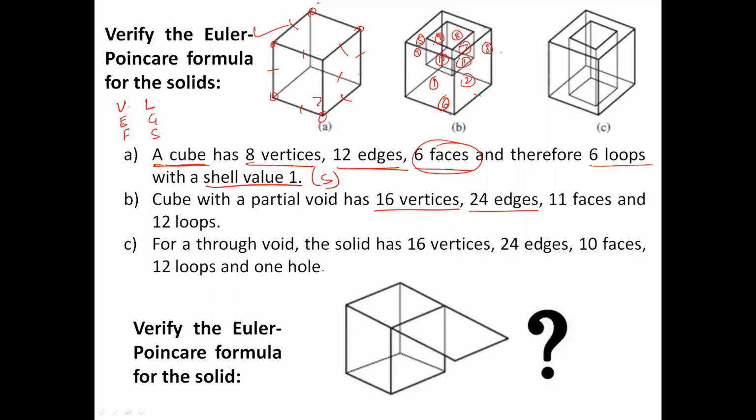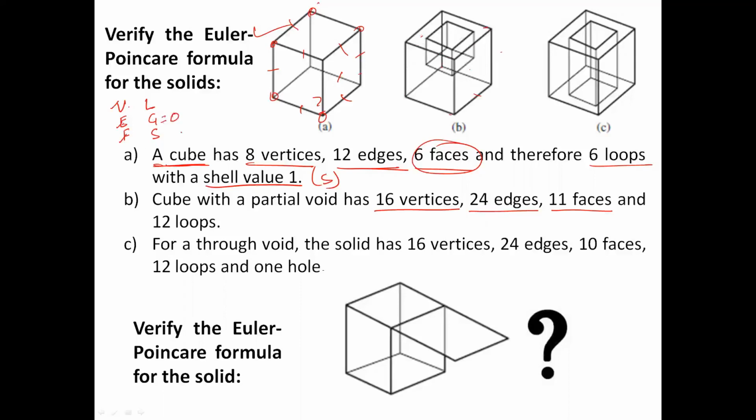Have you understood? The top is open, so there is no face at the top. It is open. So 6 on the outer cube and 5 on the inner cube, you get 11 faces. Is it clear? Yes, sir. Okay. Now once you have done vertices, edges, faces, genus is equal to